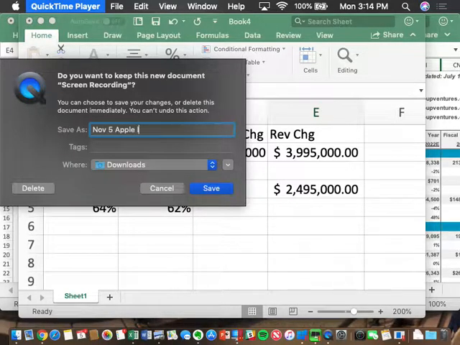Question about our model. Yep. Yeah, as is. So we have a growth rate